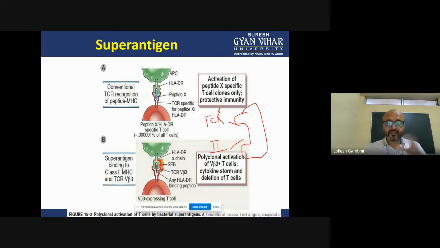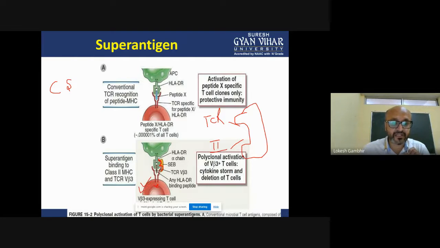And similarly, they will go for increasing the cytokine storm. So what will happen if cytokine storm is there? What will happen if cytokine storm is there? See what happens. The T cells, exactly, the T cells